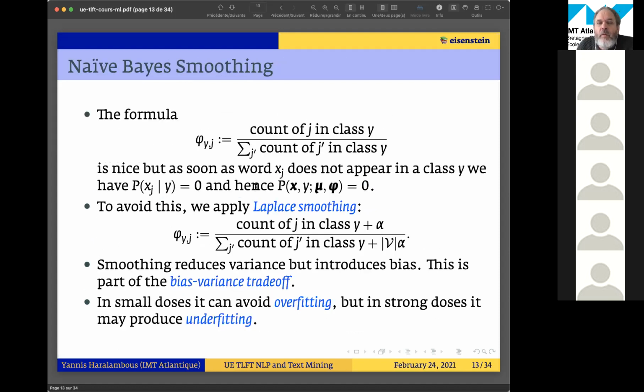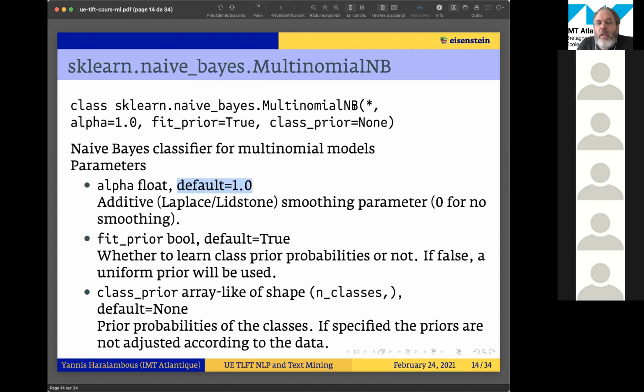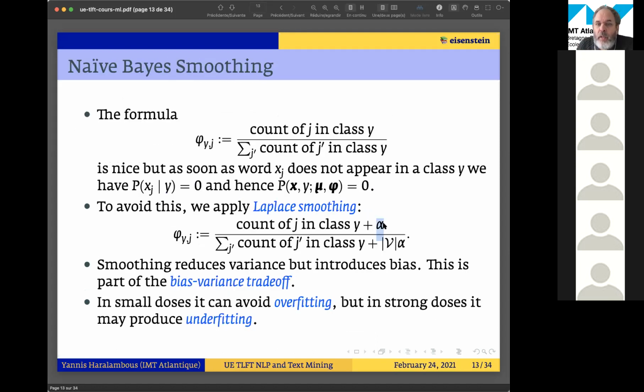So you see that when you use the multinomial NB class of the scikit-learn package, you have already, by default, smoothing equal to 1. And 1, you see, is minimal in some sense. Well, we could choose a smaller value, but here we have counts. So these are integers, and we're just adding one value. So it's natural with respect to these counts.